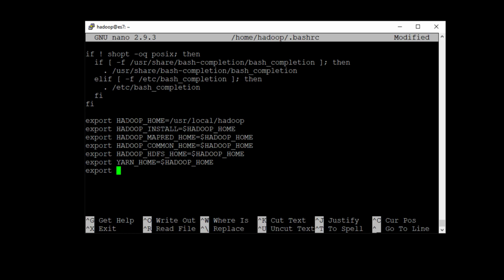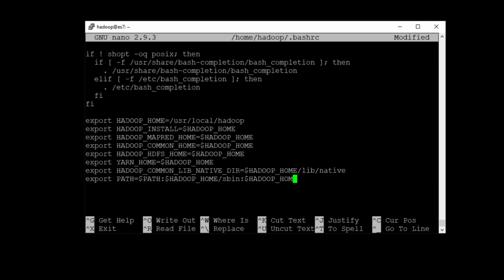And we will export HADOOP_COMMON_LIB_NATIVE_DIR to $HADOOP_HOME/lib/native, and export PATH to $PATH:$HADOOP_HOME/sbin:$HADOOP_HOME/bin, and finally export HADOOP_OPTS to